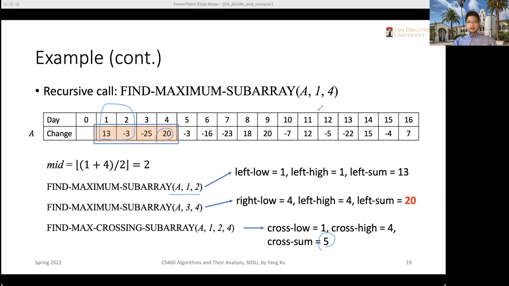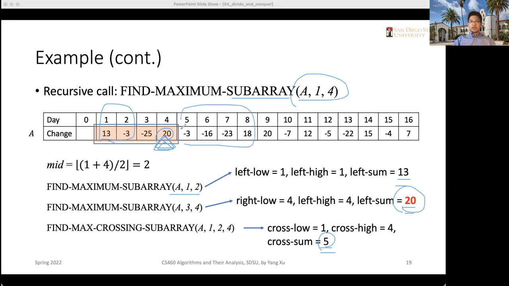So at this level, on this recursive call, we need to compare the 13, 20, and 5. Obviously the 20 has the largest summation, so the maximum subarray for elements ranging from 1 to 4 is the 20. These results will be returned to the upper level,